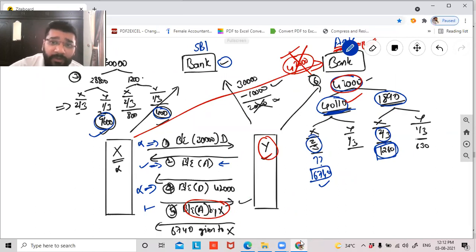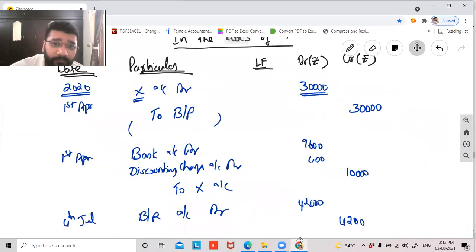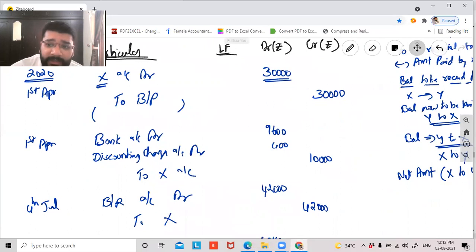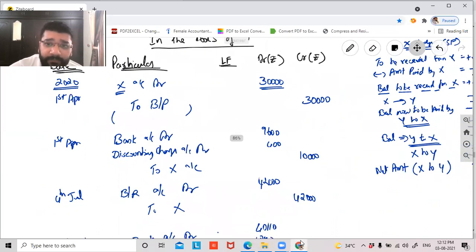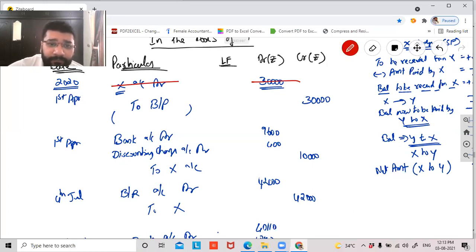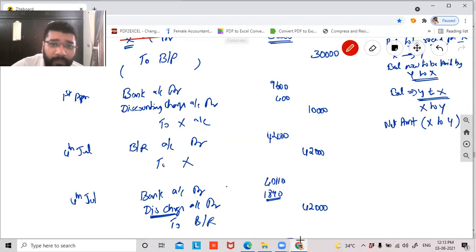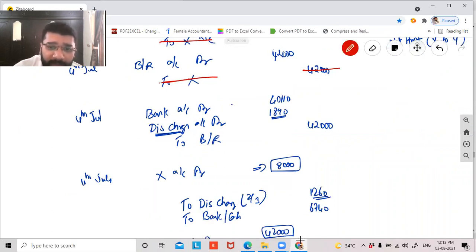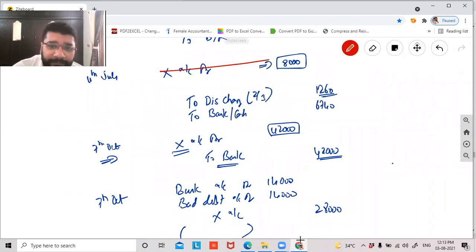So let's see if all the accounts are closed or not closed. Guys, can I say X account is completely closed? Guys, we're preparing the X account side by side. So can I say that X account is completely closed? Check once if it is closed or not closed. Debit and credit should match. Is it matching? Please total the debit part of X and the credit part of X and see if it is matching or not matching.